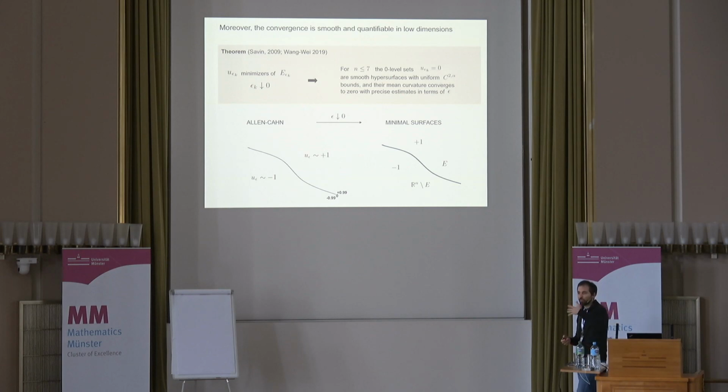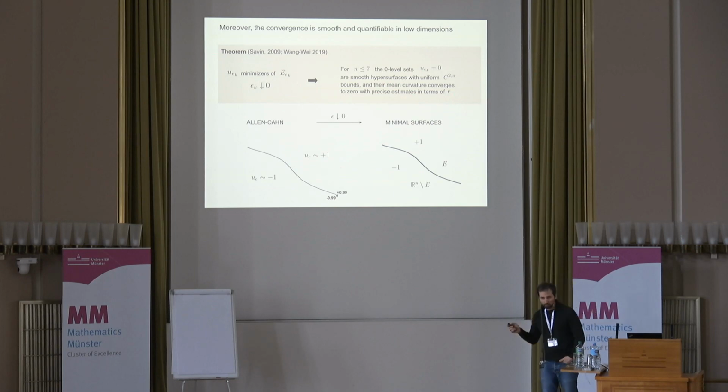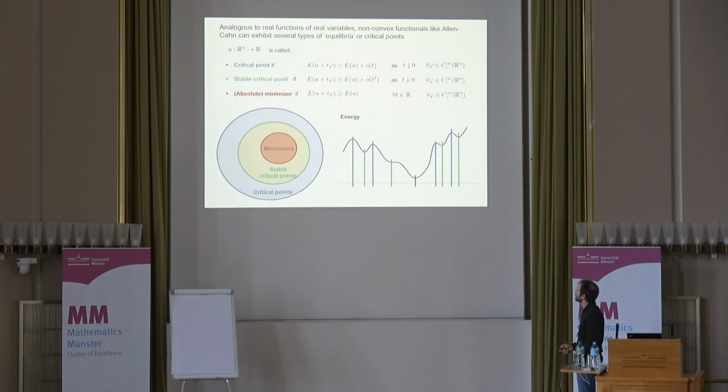So remember that for a minimal surface, the mean curvature, the sum of the principal curvatures at any point of the surface, is 0, right? And you can prove this in terms of epsilon for these models. Let's say the mean curvature is a power of epsilon that goes to 0 when epsilon goes to 0. But of course, this is for minimizers. So the picture is very clear for minimizers, right?